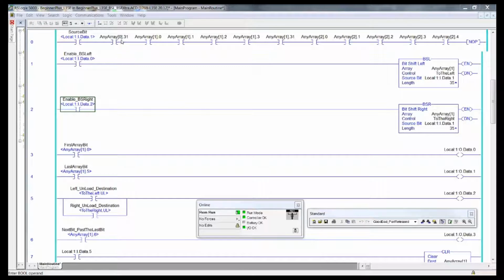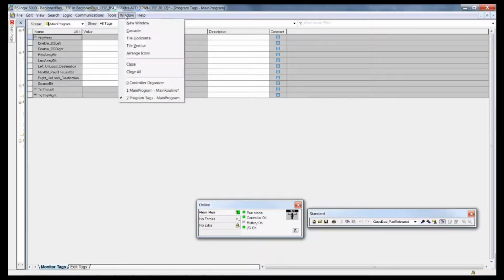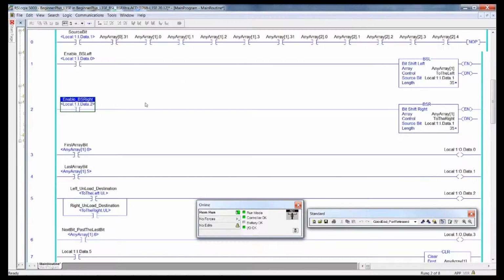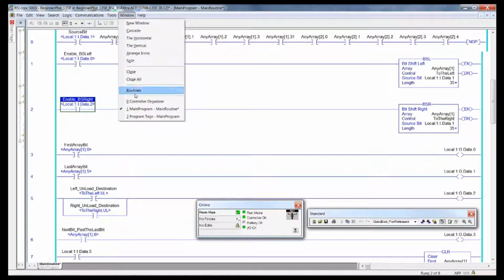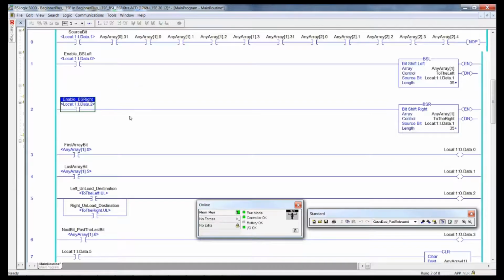Or rather, we would have to drag open our Explorer there and bring that up. Now we can pull this back over, go back to Window, and go back to our logic. But if we want to look at the data table, we can always go to Window, Program Tags, Window, Main Program. I told you to edit the length of both the bit shift left and bit shift right instruction to